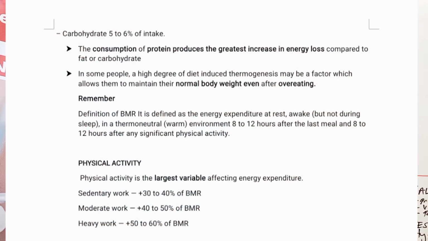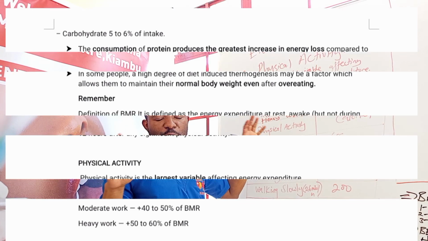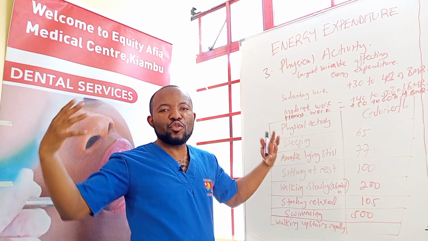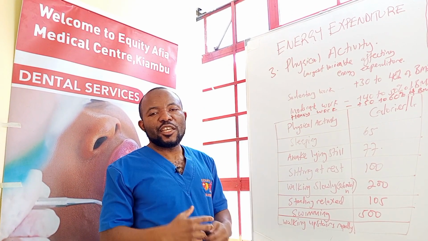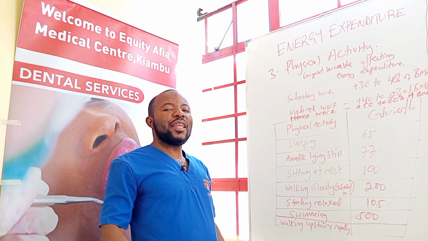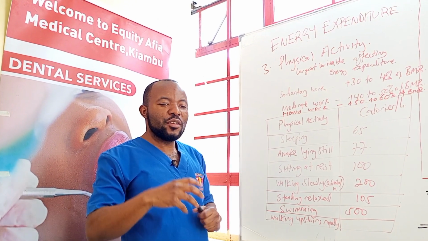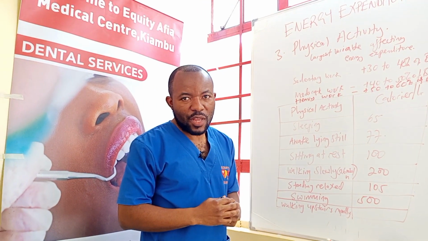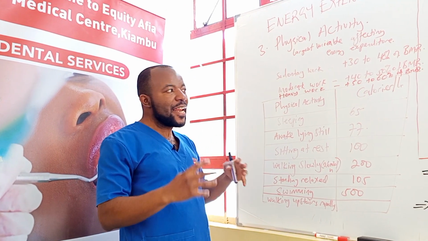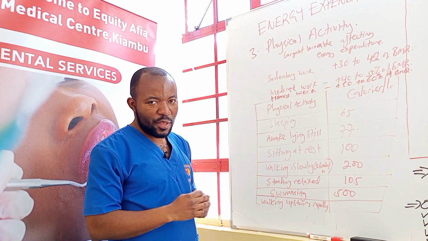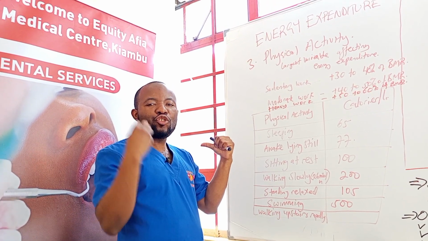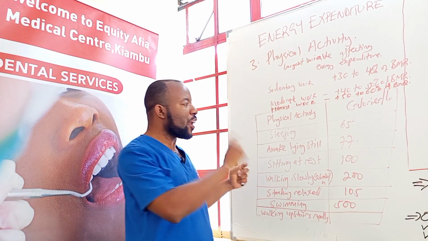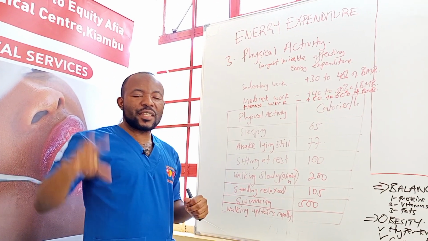Physical activity, first of all, is the largest variable affecting energy expenditure, meaning there are many activities that can help you to lose weight. I mean, to spend your energy. However, the energy that is spent while being active is overemphasized according to the real calculations. That energy is not as much as you think. The thermogenic effect takes care of more energy than physical activity. That's what I want you to learn from this lesson. That is the thermogenic effect.